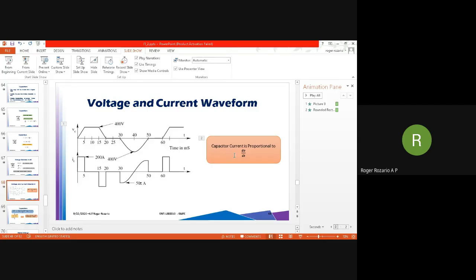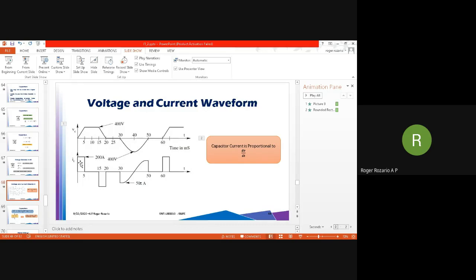So let us take into account this waveform. The voltage initially ramps up from 0 to 5, and afterwards it remains constant from 5 to 15 milliseconds, and from 15 to 20 milliseconds it ramps down, and from 20 to 30 milliseconds it is 0. There is a sinusoidal decrease in the voltage between 30 and 50 milliseconds, and again there is 0 voltage between 50 and 60 milliseconds, and this cycle continues. So this is one cycle of voltage across the capacitor.